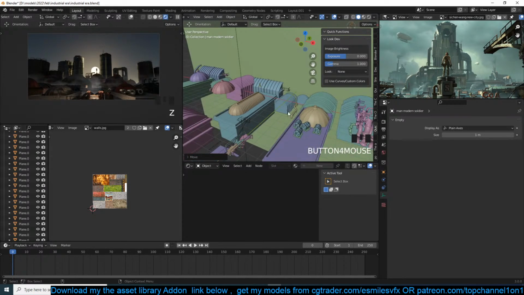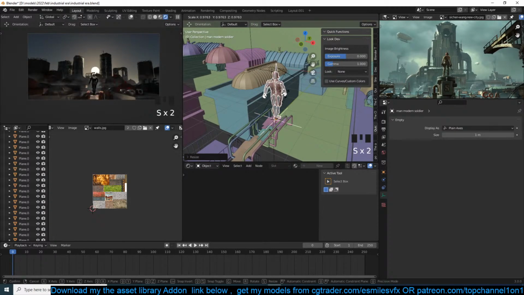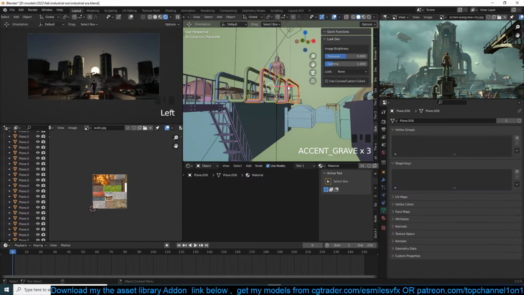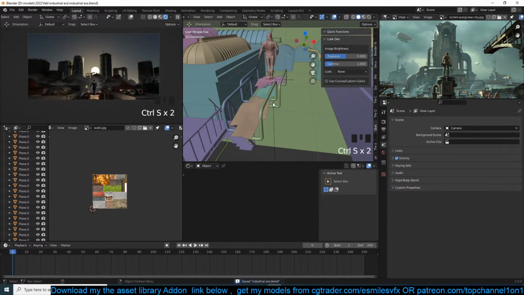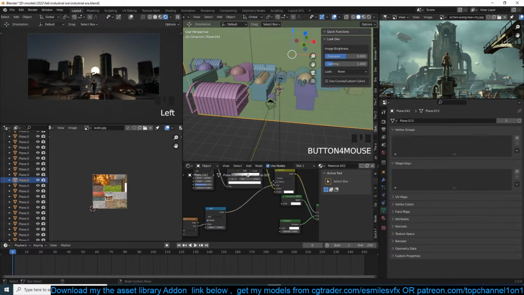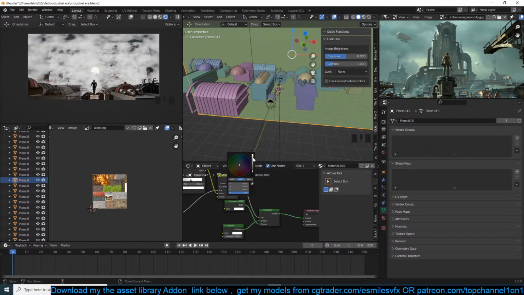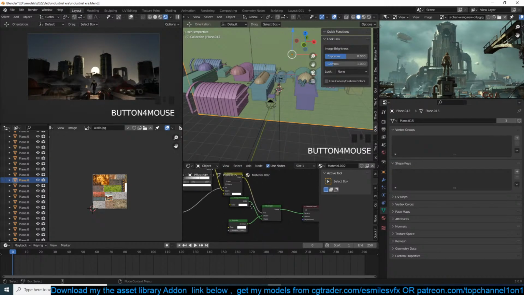Maybe we can have him somewhere on something. I think this is barely visible, so